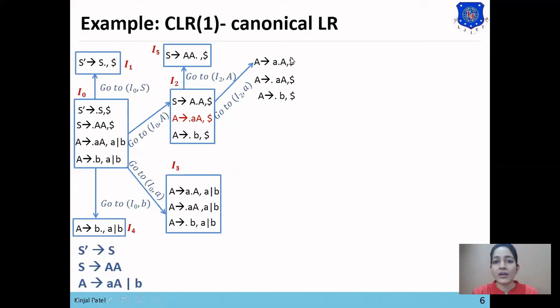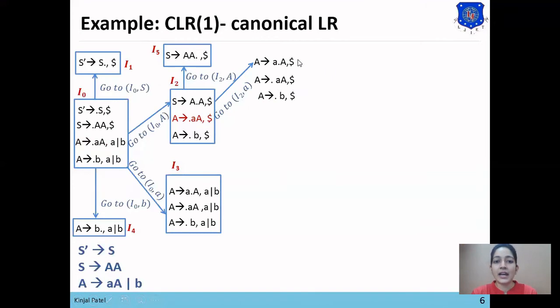So the look ahead of the first statement will be added in the second and third statement. So dollar will be added in the newly created rules. Now in the second and third statement, dot is present at the beginning of a terminal symbol, so no more rules will be added in this set.